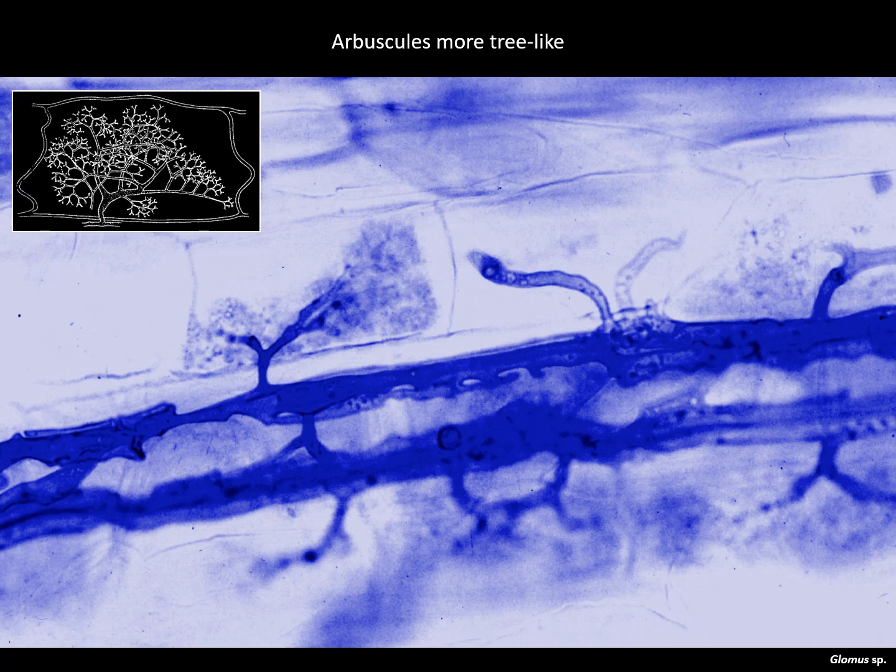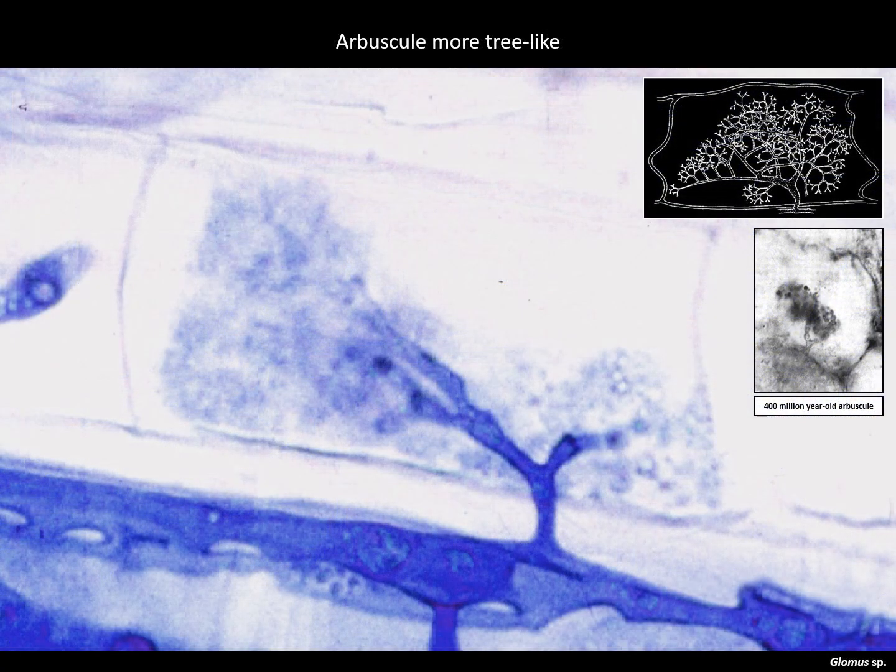These arbuscules are quite different, much more tree-like, and belong to a different fungus, the Glomus species we saw earlier with its vesicles. Other than pushing through the cell wall, the fungus does not enter the cell properly, instead pushing into the membrane which lines the inner surface of the cell wall, the plasma membrane. Thus, every finest element of the arbuscule has intimate contact with the cell membrane, facilitating nutrient transfer into the bluebell, notably of phosphate, and this process has been going on for hundreds of millions of years, since the dawn of life on land.